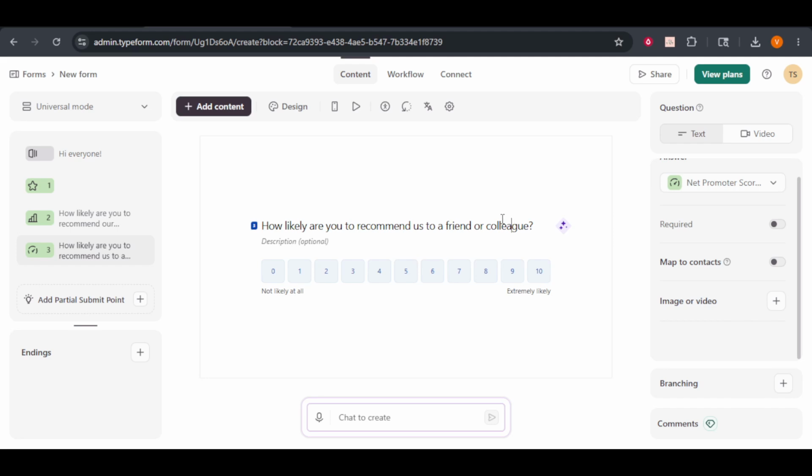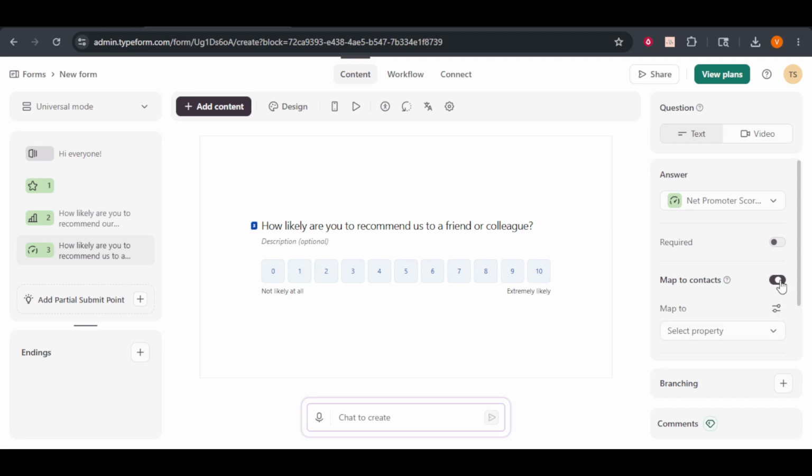After you have finalized the wording of your question, look over to the right side of your screen. This is where you will find the question settings panel. This area allows you to fully customize your layout parameters to match your branding or specific survey needs. You can toggle different settings here to ensure the visual presentation is exactly how you want it to appear for your audience. By following these straightforward steps, you can create a high-quality, interactive Net Promoter Score block that looks great